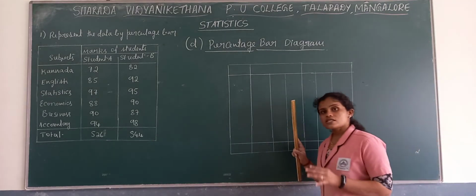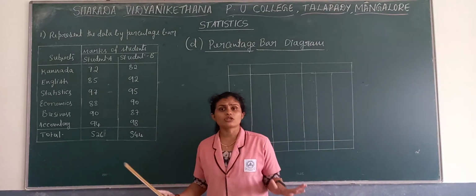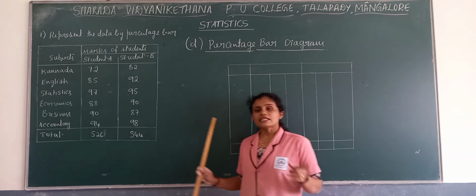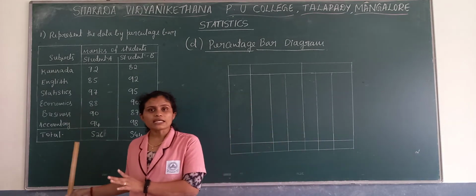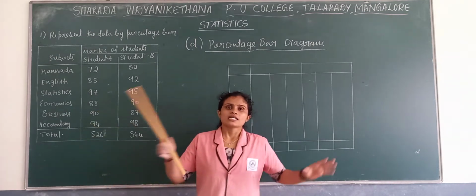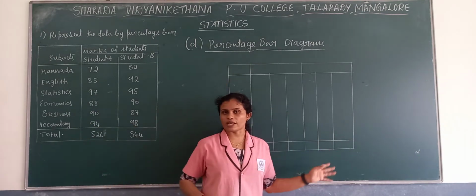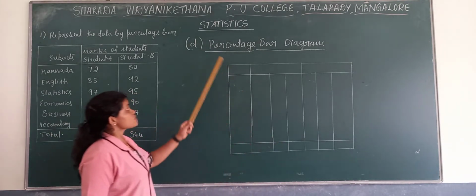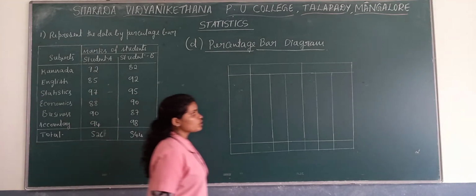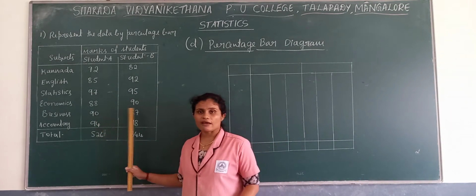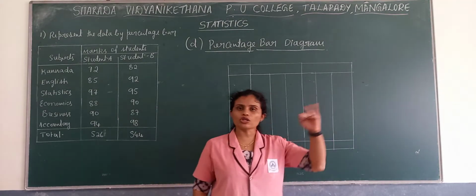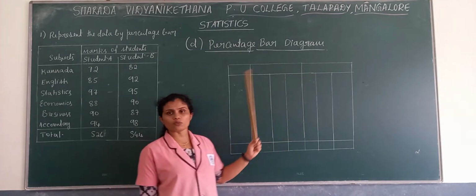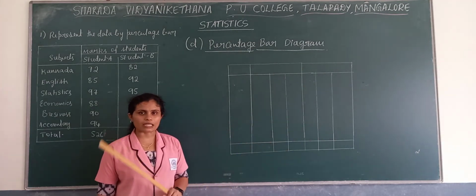Now the diagram part is similar to component bar diagram. We are drawing the bars, then we are subdividing. But in case of subdivided bar diagram, the same values they have given in the problem, on a basis of cumulative values, we represent through the bars. But here the name itself says percentage bar diagram. Here we need to take the percentage of the values they have given. After taking percentage on cumulative basis, we have to show it on the bars. So here we need to prepare one more separate table in order to calculate percentage.